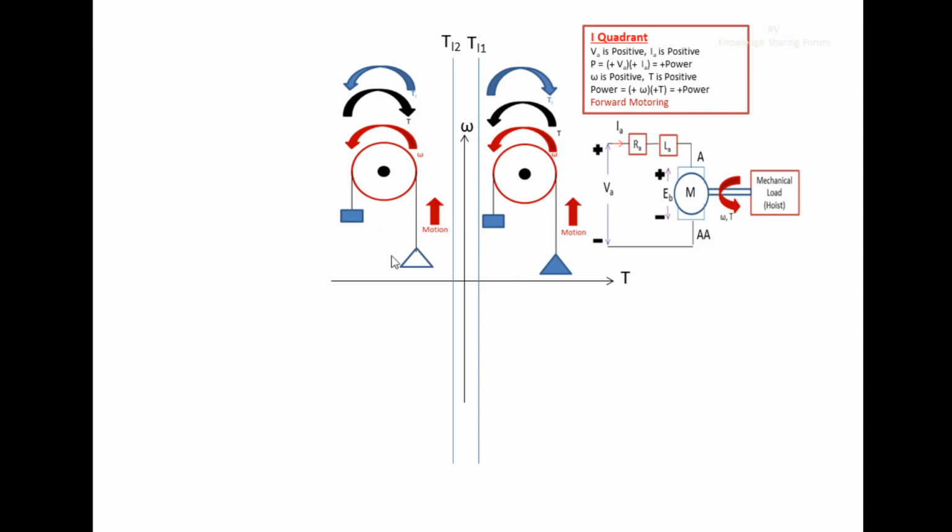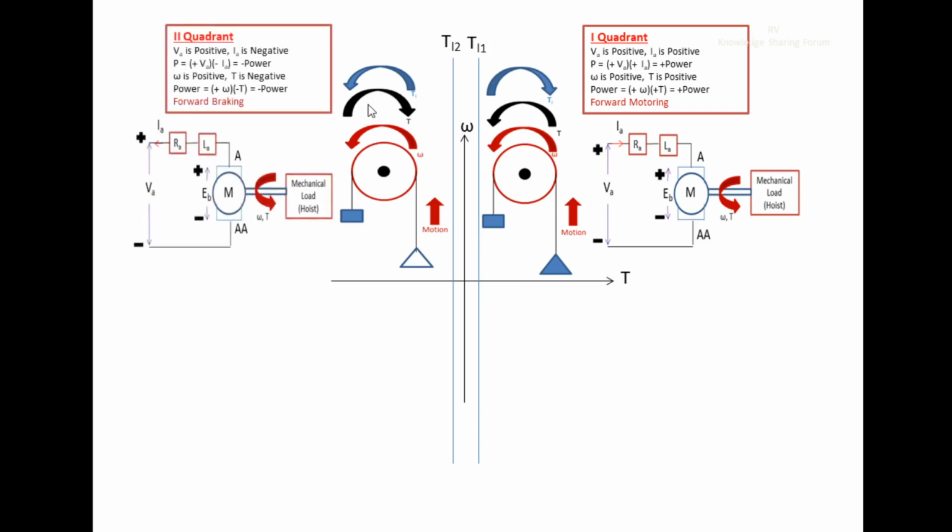So coming back to this discussion, the motion of this empty cage is in the counterclockwise direction, or the upward direction. If we want to stop this motion, which is in the upward direction, we have to apply the torque in the opposite direction. So how to achieve this opposite direction torque? Let us discuss. Here this is the electrical circuit which is used to obtain this opposing torque in order to oppose the motion of this empty cage.